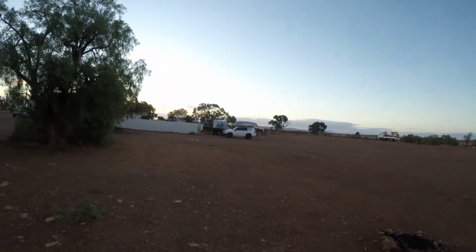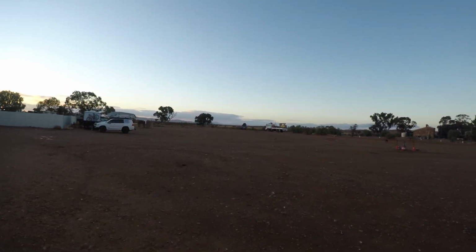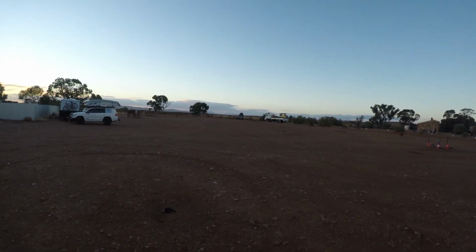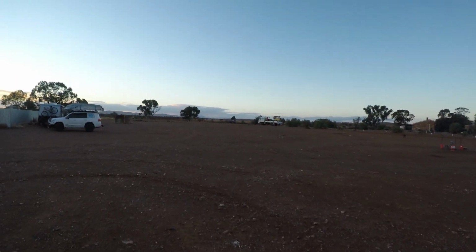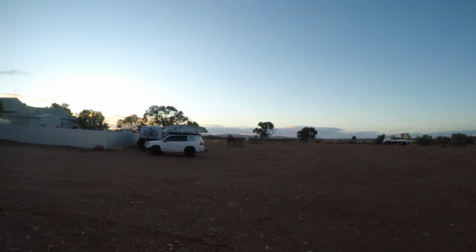So you can see we're just parked up here. There's a few that have stopped in here. Got a rooftop tenner up there. Hopefully you won't feel the wind too much tonight. It's been blowing about 25-30 knots all day today, and it's been fresh. Nice and clear at least, and sunny, but